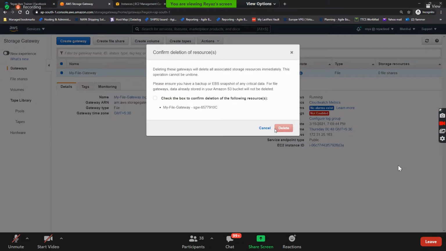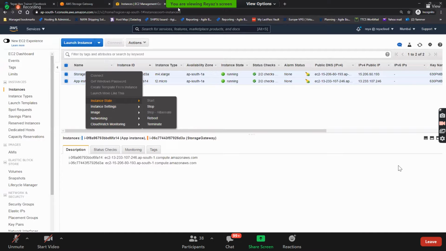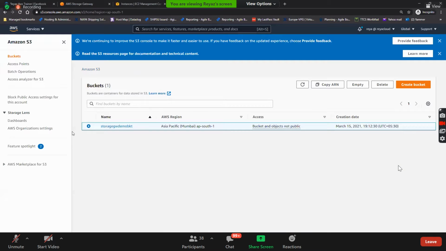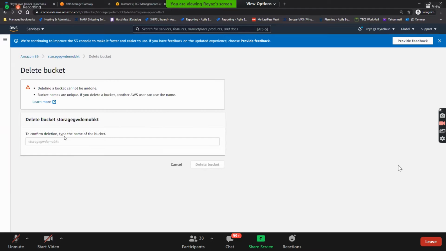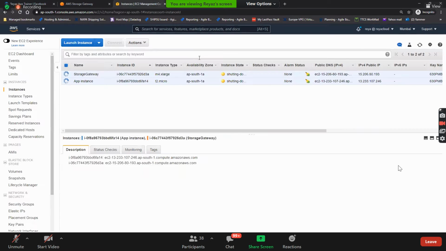Delete gateways, and then terminate this EC2 instance, and then delete the bucket here. Super clean.